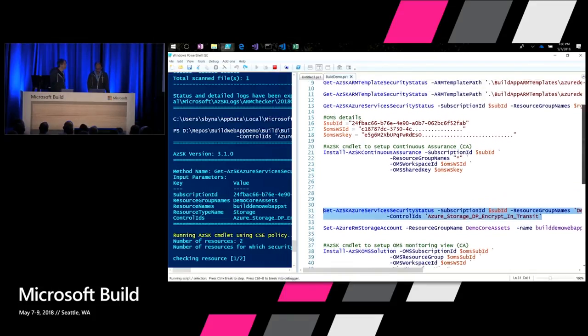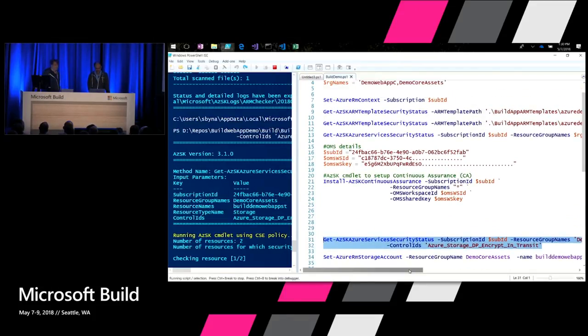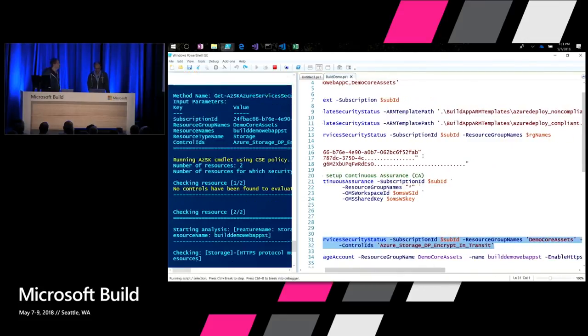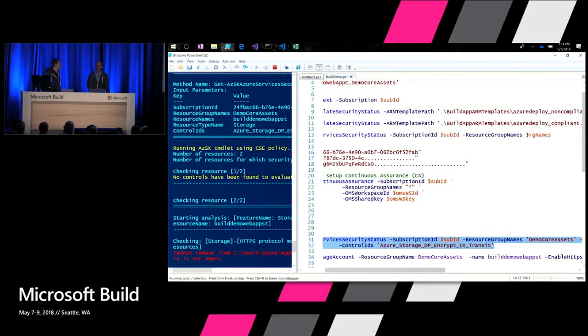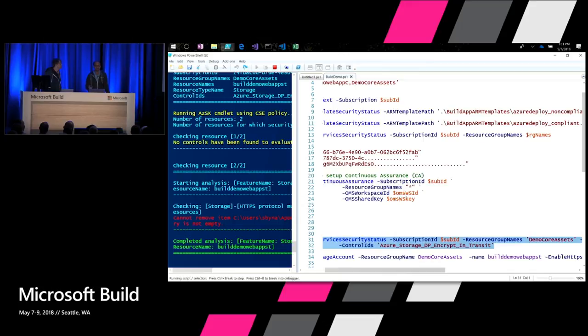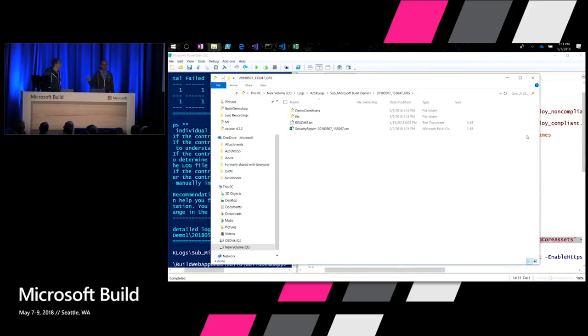So I could even run on all resource groups. For example, here I'm just running on a specific resource group. If I provide the value as star, then technically I'm asking it to go ahead and scan all the resources on my subscription, right? It will immediately give you the security health of your resources on the subscription. So in this case, it has gone ahead and completed the scan.